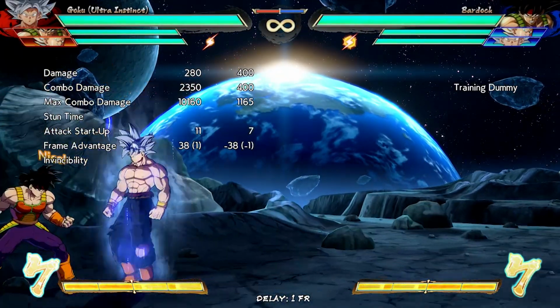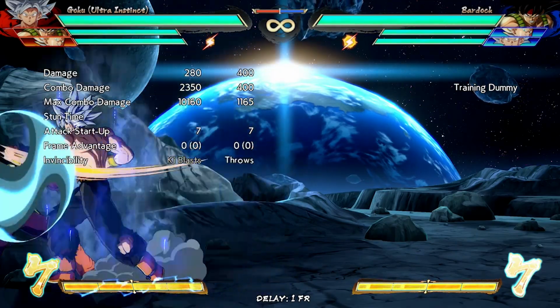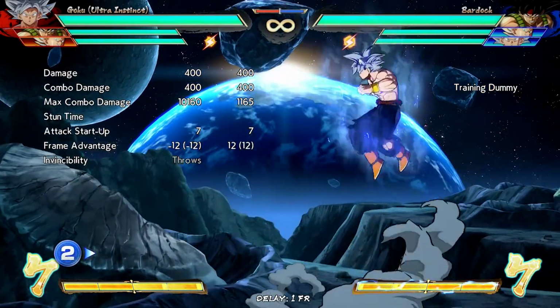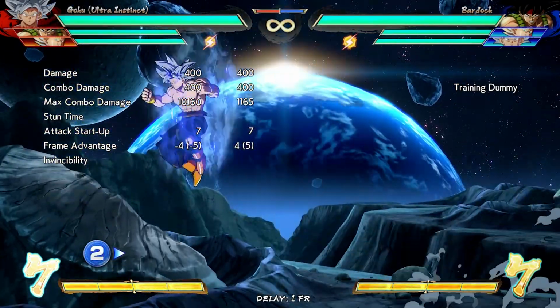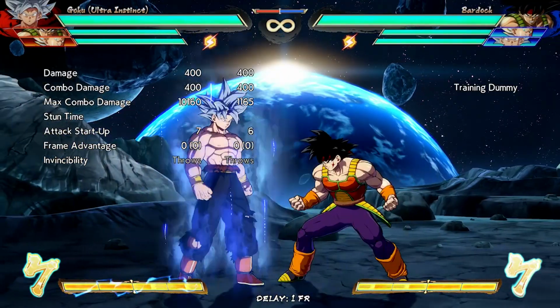So he has a very interesting way to deal with staggers, even though he has a 7-frame jab, because it hits so hard. And it's also a very good air-to-air. He has a very good air-to-air jab here as well. It just stops Super Dash right in its tracks. And also a 7-frame